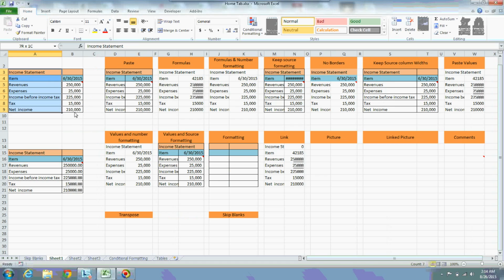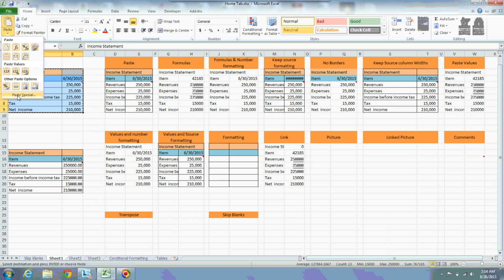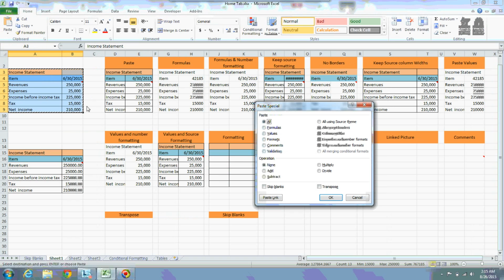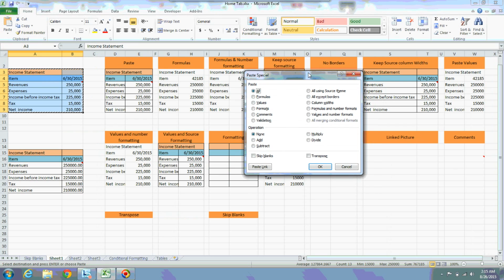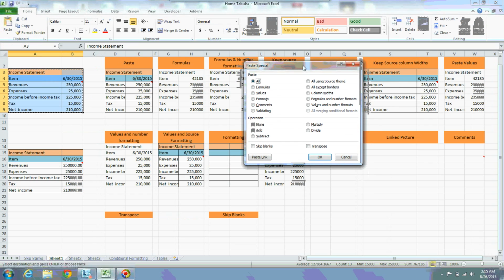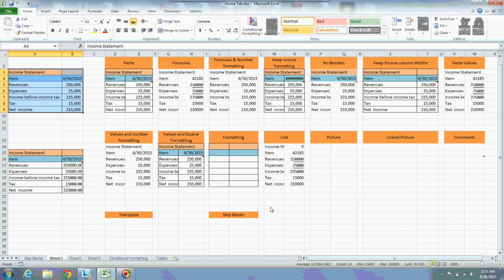Now let us explore other options. I'm selecting this one and copying it, and as we discussed earlier, Alt ES. So validation, we haven't discussed validation. However, we can make a validation using data.